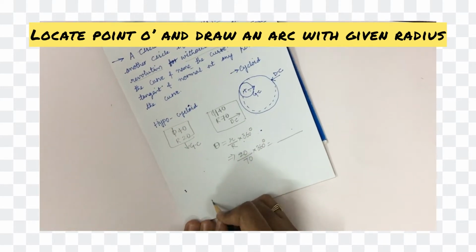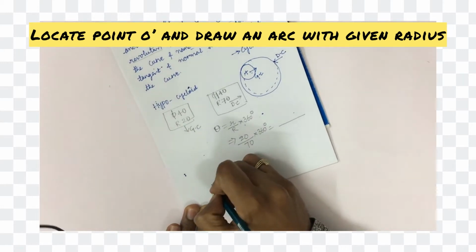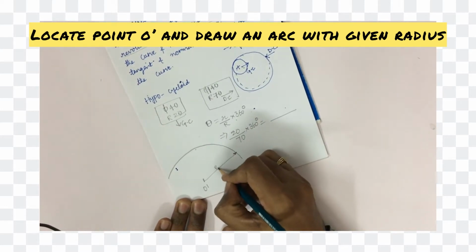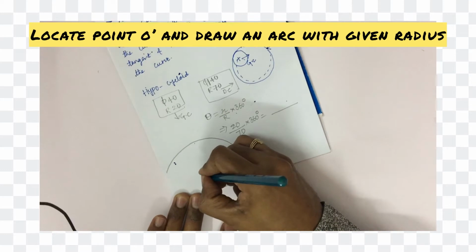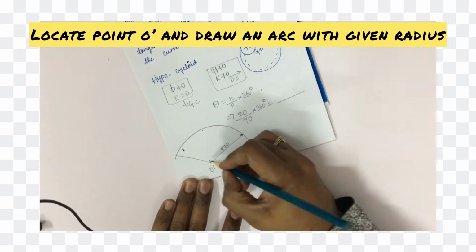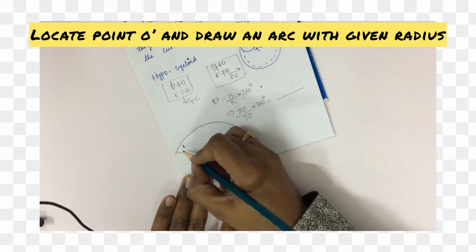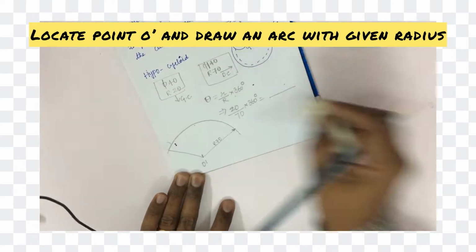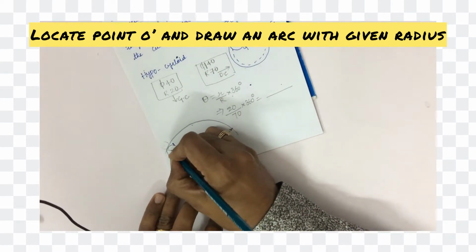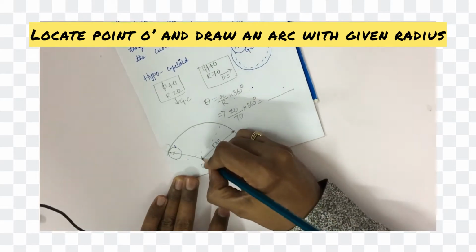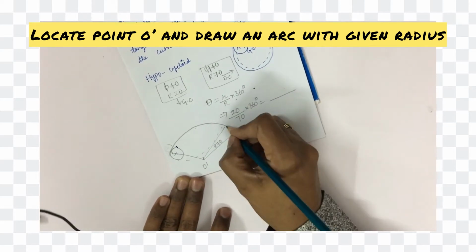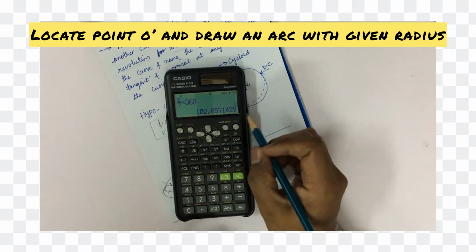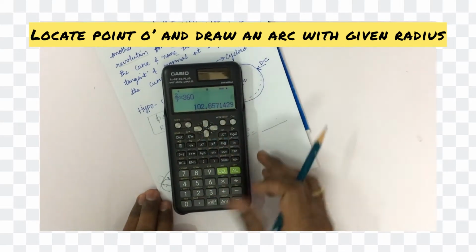Why? Because we are supposed to locate point O dash here, and with O dash as a center, we trace the curve, that is nothing but the R70. From here we locate a line touching this curve, and we need to draw an angle till where this circle is going to be inside, till what position it is supposed to end. So we need to have the end point, that is the A point, and this is the P point. Upon calculation in the calculator, 20 divided by 70 into 360 is found out to be